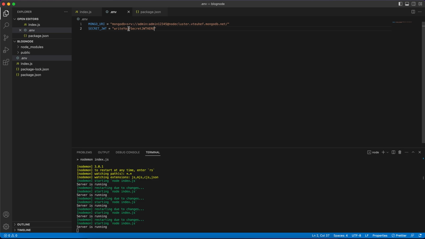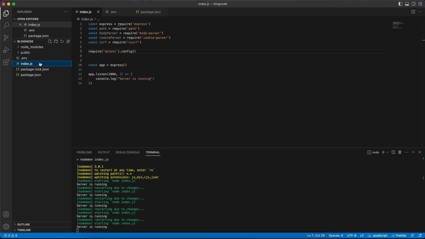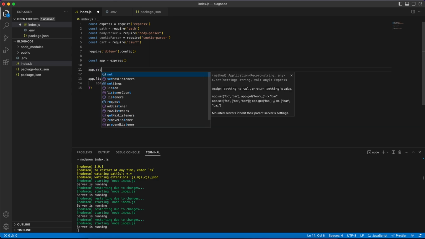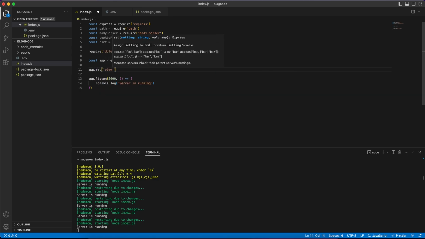So JSON web tokens, to be more precise. Okay, going back to our index.js, because we just configured and added our .env that will work with our .env file. And right now, whenever we've got our Express running application, we need to specify something more. So we need to set the view engine